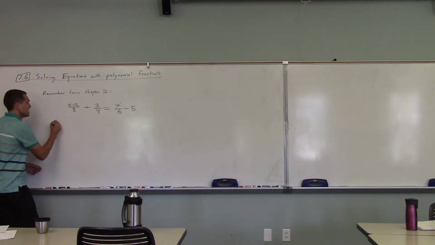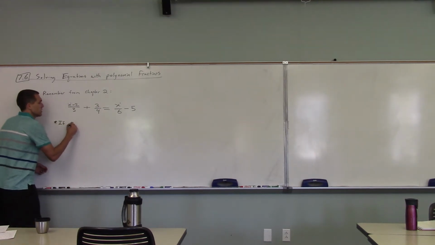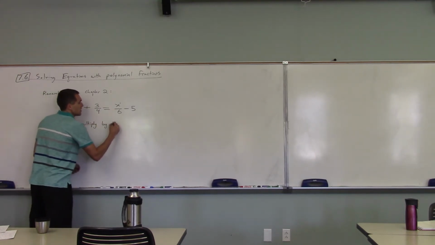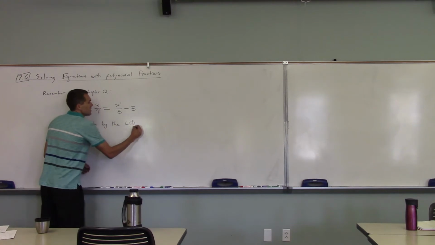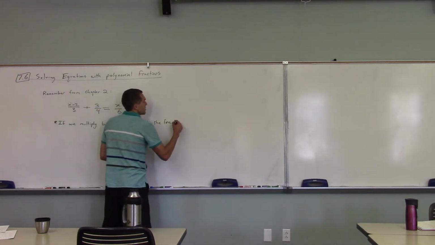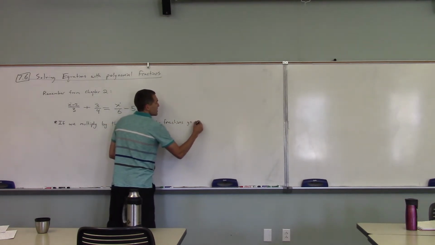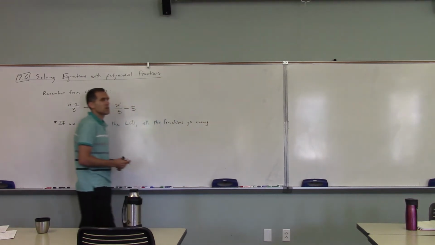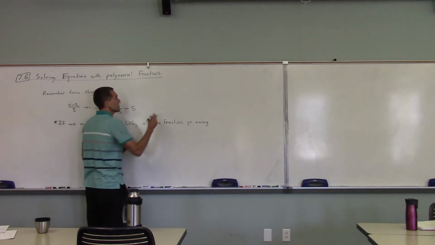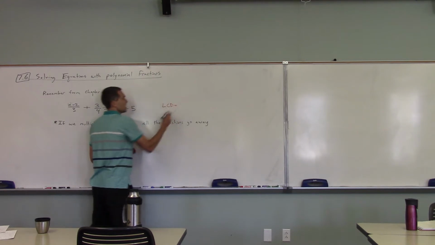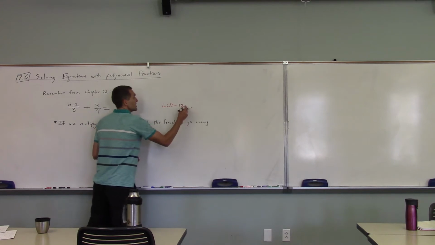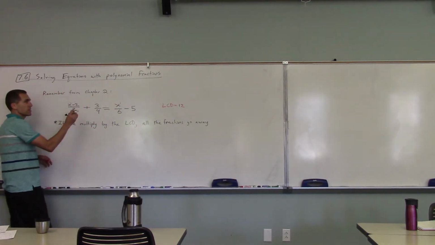Bam! Remember this, if we multiply by the LCD, all the fractions go away. So put the 5 over 1 and then multiply it. All we say is, what's the LCD here? We find it. And what was it? 12. So if we get an LCD of 12 and we multiply everything by 12,